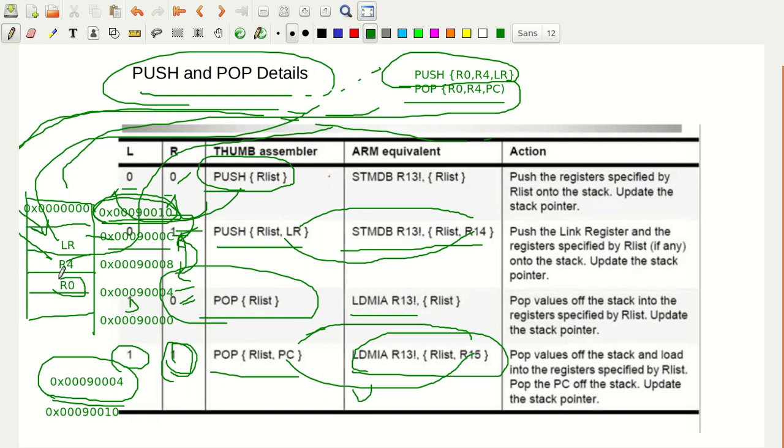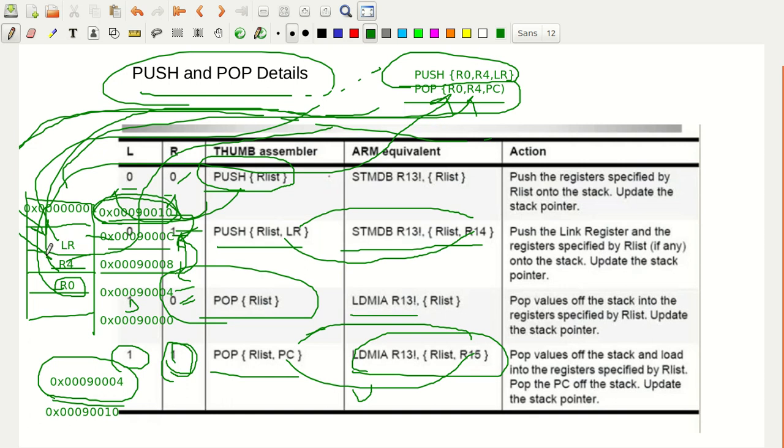Now whatever the content that you have in this one will be first stored into the register R0, that is the extreme left here. Now whatever the content is that is there in this address location. See here, first the stack pointer is 0x00090004, increment after loading. First you load this content into the register R0, then you increment the stack pointer. Now the stack pointer will come to this address, 0x00090008. Next, this content whatever that is there will be loaded into the R4 register.